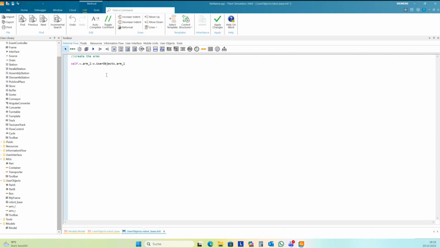User objects arm L dot create, and the location is self dot tilde. I want to create it on this object itself, and the same for robot arm right. I create robot arm right, and then I start the controls.